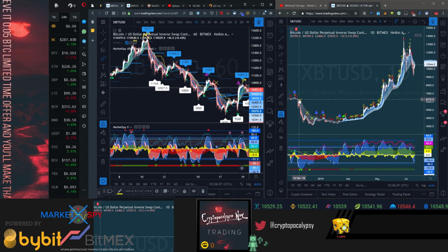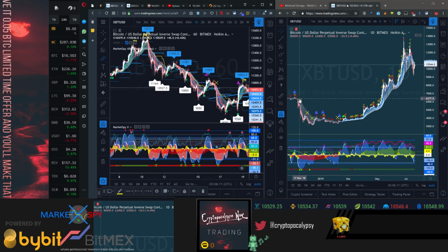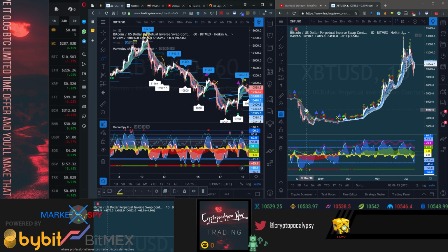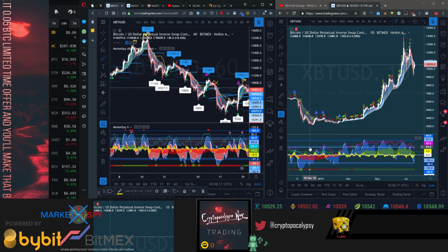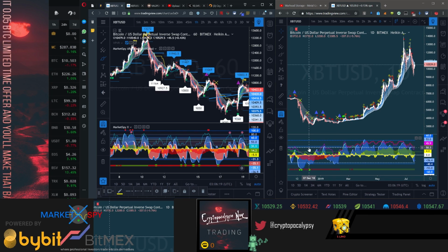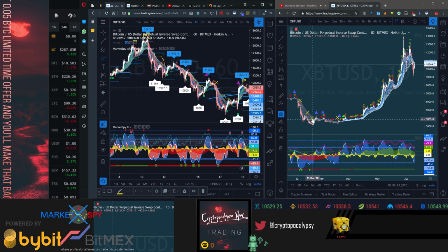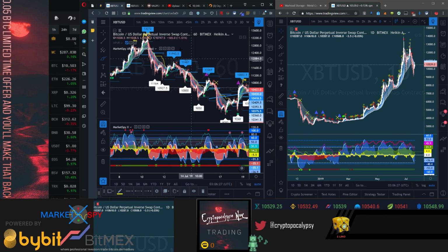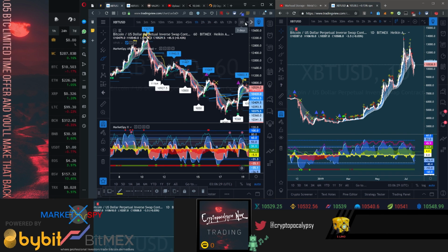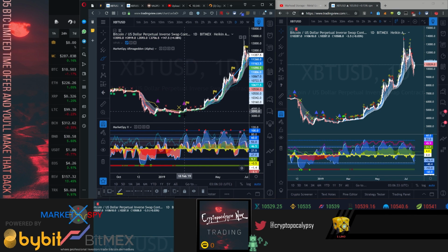the developer, CryptoFace, or whoever made it, claims that these are manipulations in the market. There's nothing manipulative about the sell-off whatsoever. And they say when you see the green dot and then the yellow X, you do not enter the trade. So you would not have longed over here. But if you had MarketSpy X,